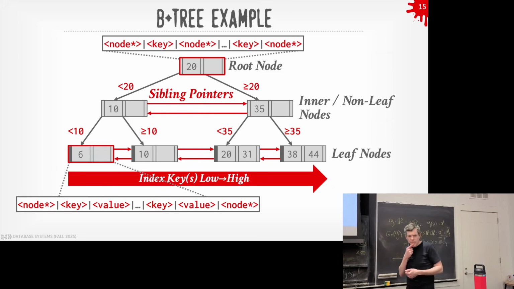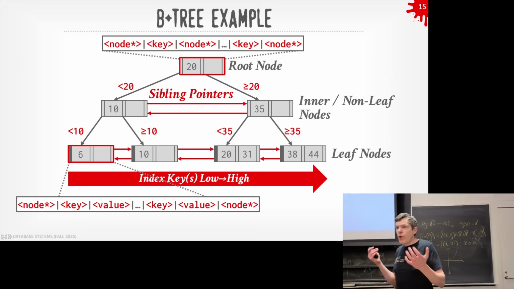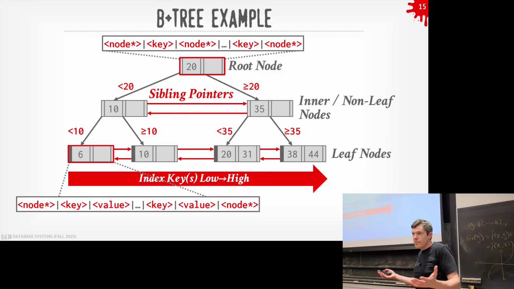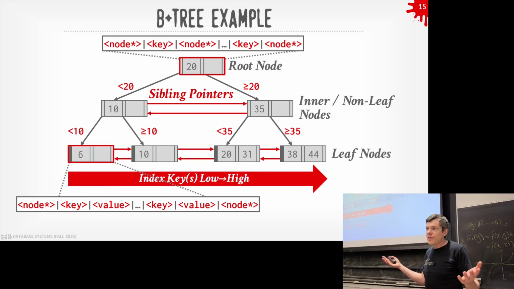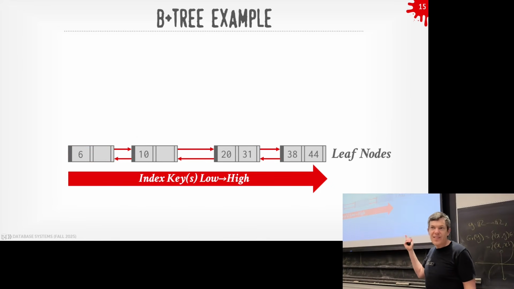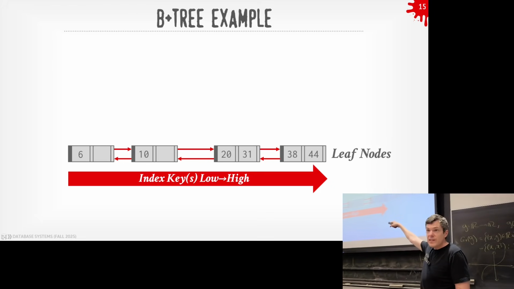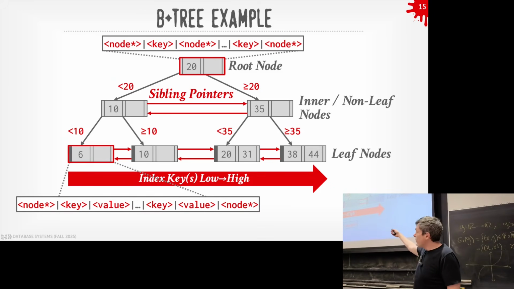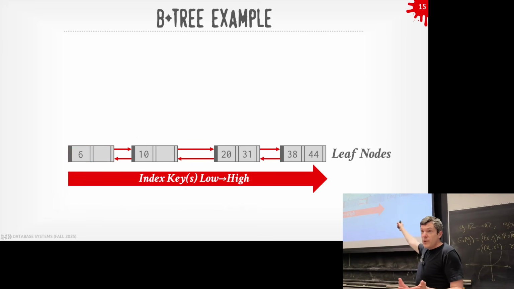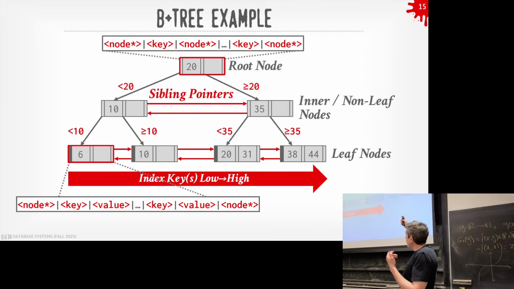So at its core, what is the B+Tree? What are we doing? He says binary search tree. Over what? What's the data structure at the bottom? Not a hash table; a linked list. All these tree data structures just allow us to jump into our linked list more efficiently. Otherwise, without this stuff at the top, I'd have to scan along linearly on the leaf nodes to find the thing that I want. So it's not that exotic.